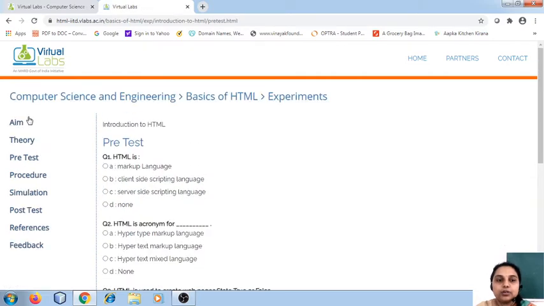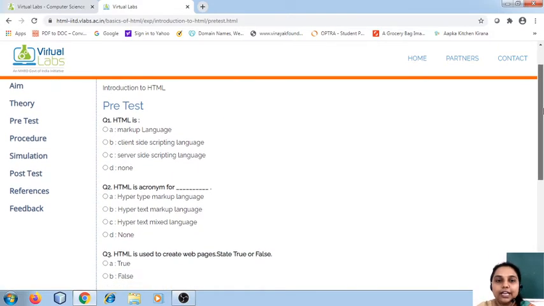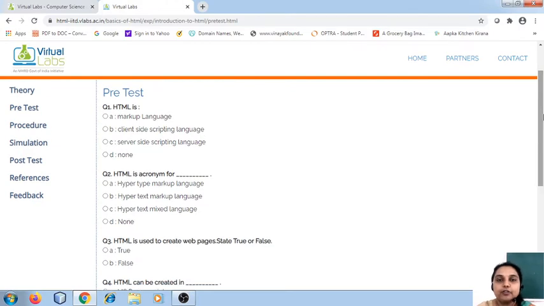Coming to the next part, what we have over here is the pre-test. In this one experiment we have many things to complete. I did not go much into theory because we have seen the theory about these tags in the previous sessions. You can go back and explore. The first thing is we will attempt the pre-test before we start the actual experiment. They just want to check our knowledge, whether we are in a position to complete the experiment.